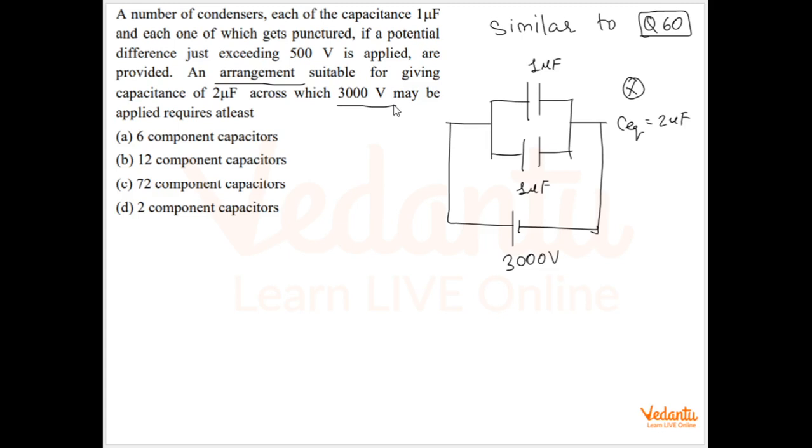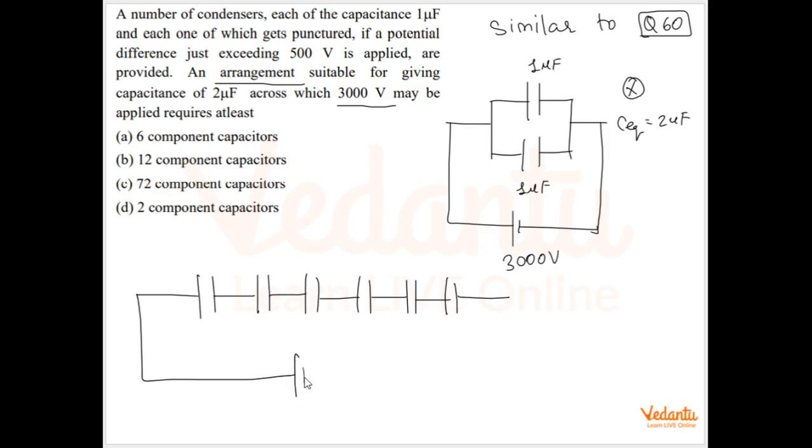Now, my dear bachcha log, in order to create that arrangement, I will have to arrange the capacitors in series, because when we connect capacitors in series, they will divide voltage. Essentially, what I will do is create a combination of 6 capacitors in series, because if I connect all of them in series to the 3000 volt battery, my dear bachcha log,